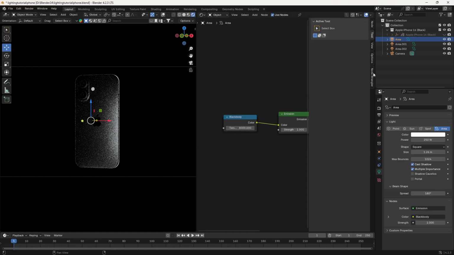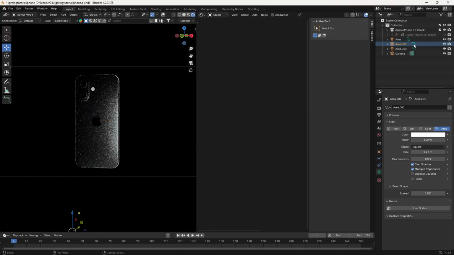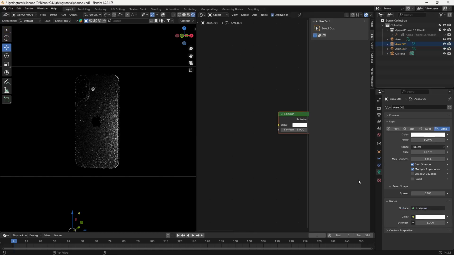So now you can see, okay, same way we can do the same thing here. Let's just click here, use nodes, and let's just take a black body here as well. So let's just type black body, and you can see we are getting this orange shade here. If you want some light orange, you can go up to 4500, and you will get this light orange. But I'm going to go to cool color, so let's just take it to 9000 here. So this is going to look good. Maybe 8000 is good, or 7500. Okay, so this is looking good, and you can do the same thing for the third as well.